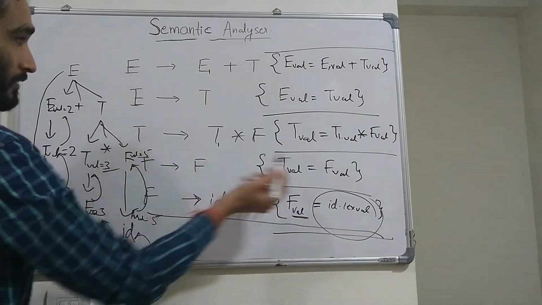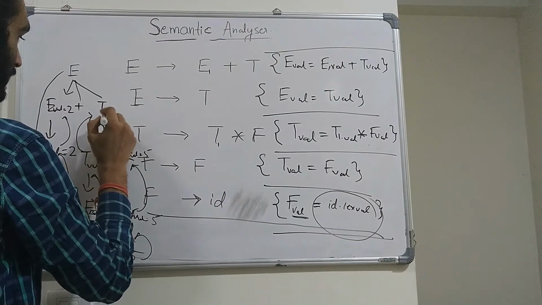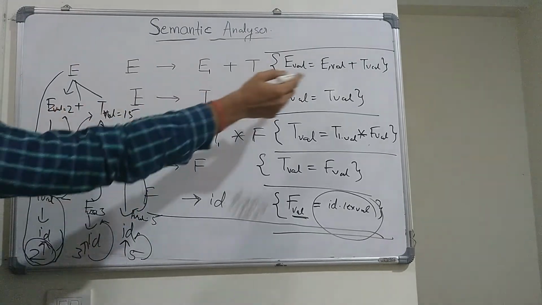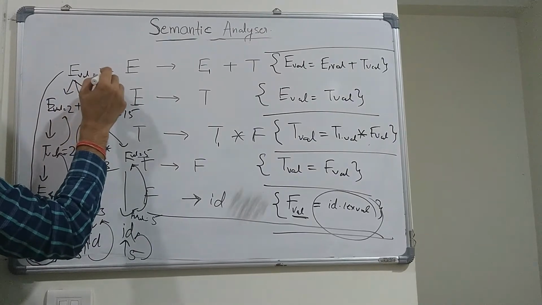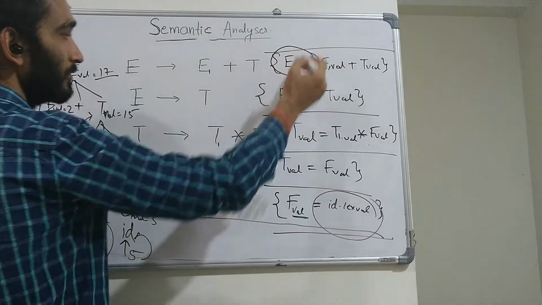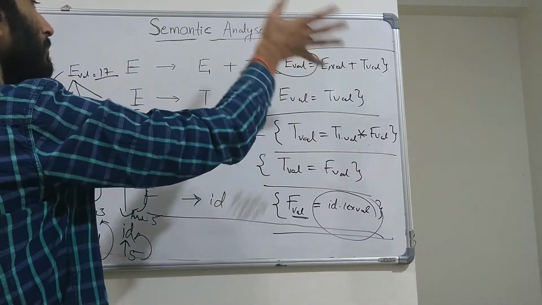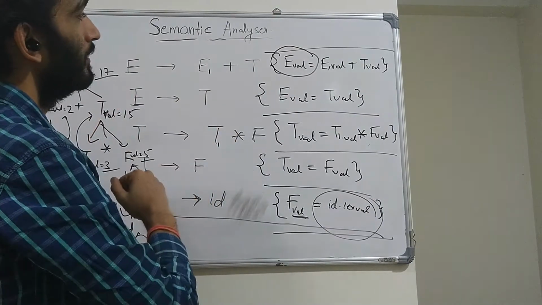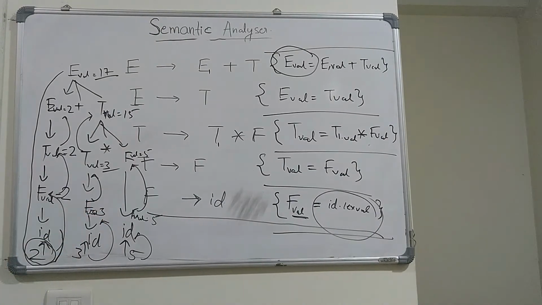3 into 5. The production here is going to give T val. This T val is going to contain 3 into 5, which is 15. Now this E val plus T val is going to contain the E value, which is going to be 17. And this E val here will be calculated as 17. This is what we need to calculate from here. So these kinds of associated rules are going to be implemented or added to your CFGs, right, for calculating or for implementing the semantics into the program.